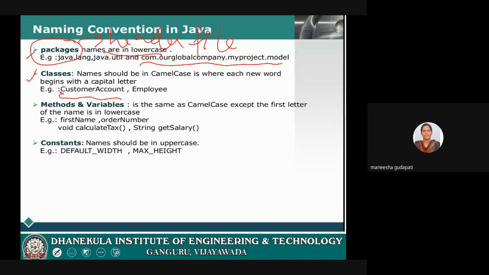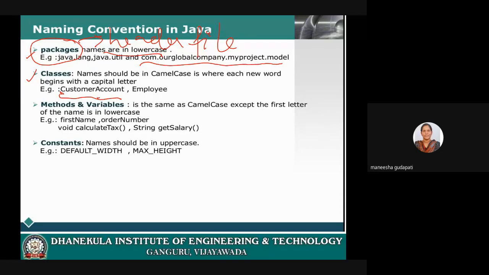The first letter in each word is capitalized. This type of naming is called camel case. That means the first letter in each word will be in capital form. You have to follow this rule very strictly while writing a Java program.